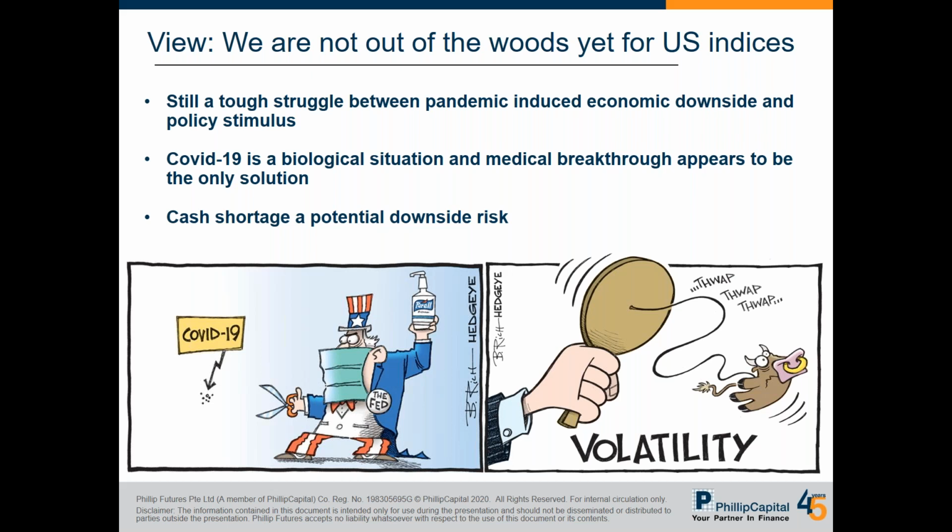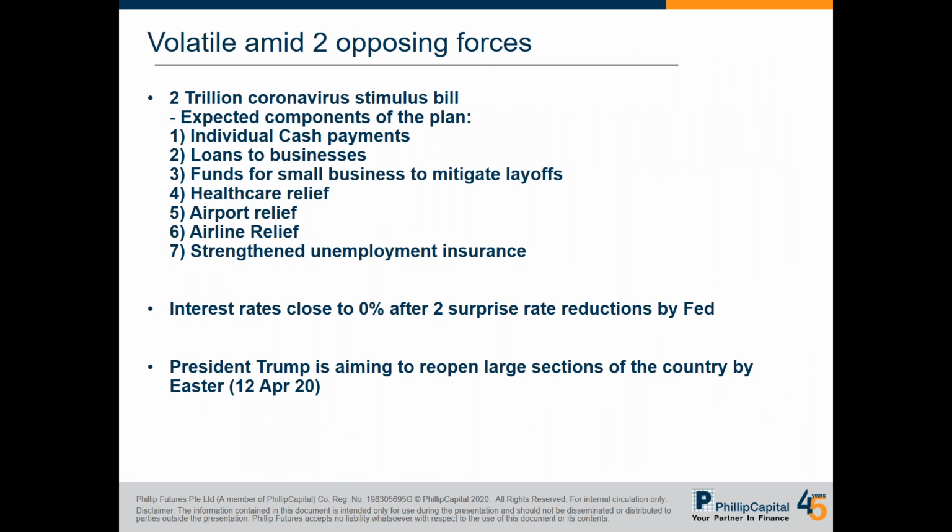Even with all this positive news, we feel that we are actually not out of the woods yet for US indices, because it's still a very tough time ahead, whereby people are trying to fight COVID, and there's still a tough struggle between the pandemic-induced economic downside and the policy stimulus that the government has put in place. We also see that COVID-19 is a biological situation, and that medical breakthrough appears to be the only solution to resolve it per se. Cash shortage will still bring a potential downside risk for US indices. So right now we can see that the two opposing forces are very strong,